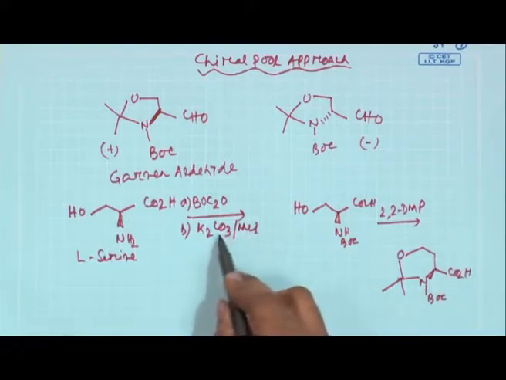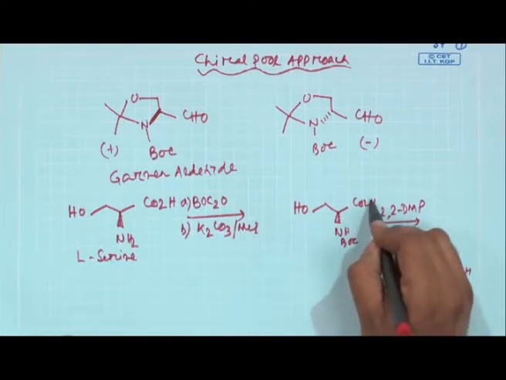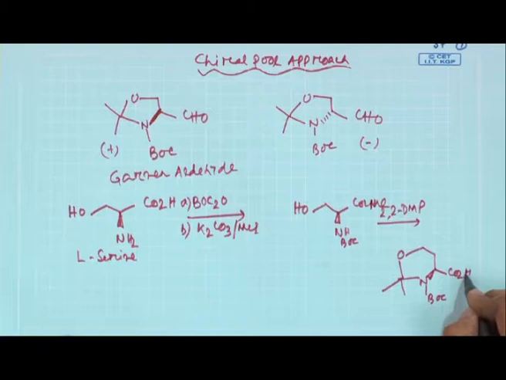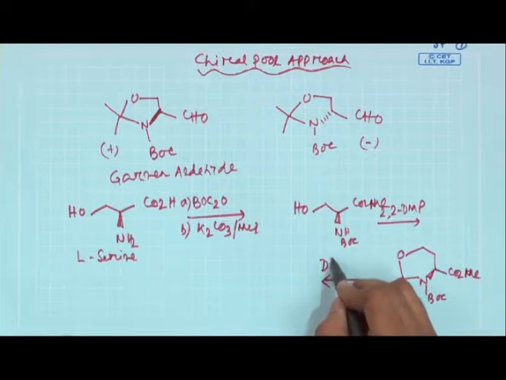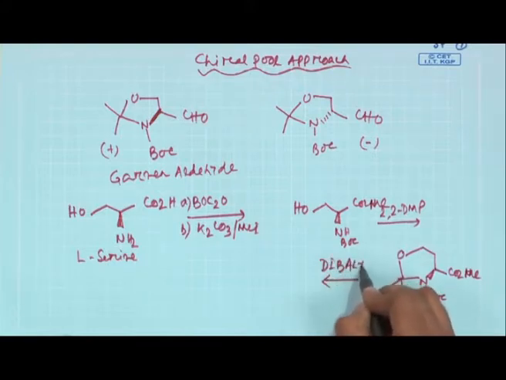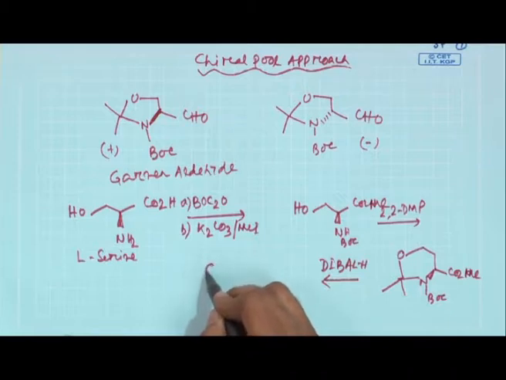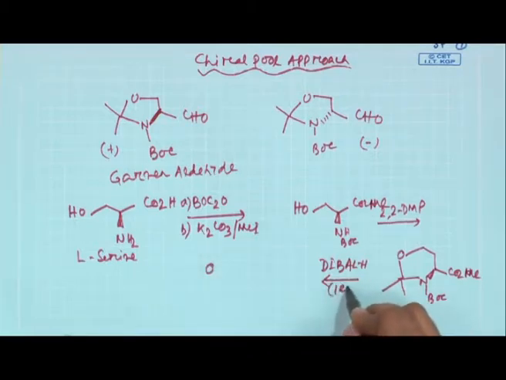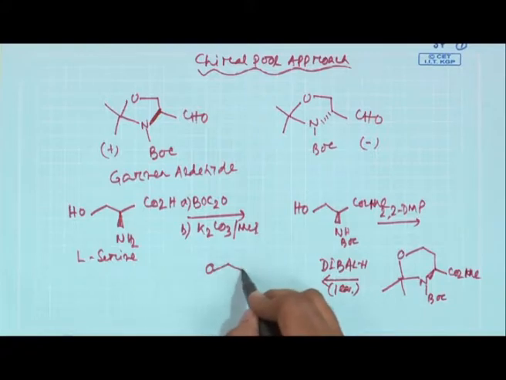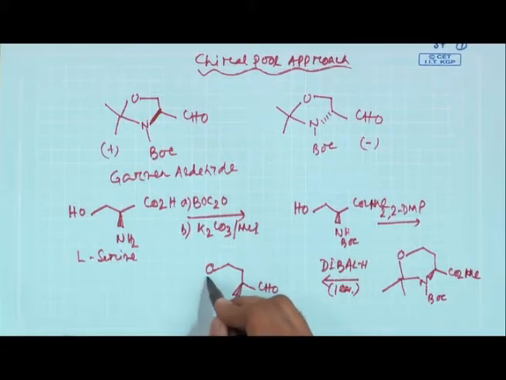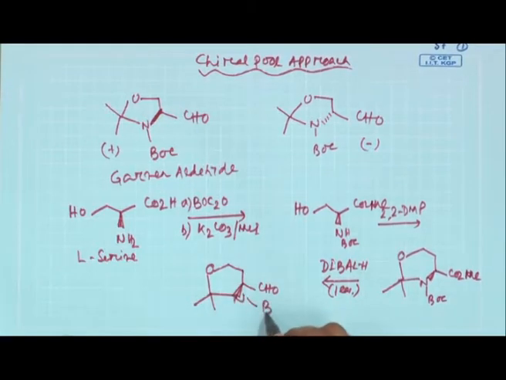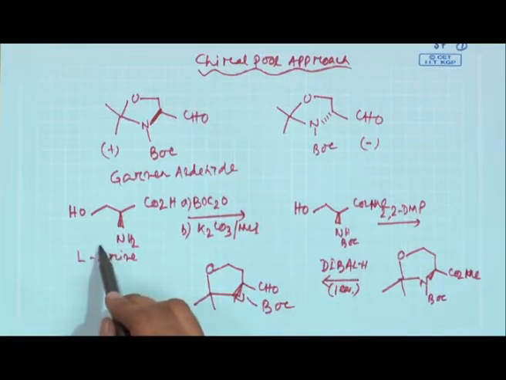Now, if you use potassium carbonate and methyl iodide here, it will convert this carboxylic acid to the carboxy methyl ester, this is also required. Now, the simple thing is you do a selective reduction with DIBAL, which can reduce the ester to its corresponding aldehyde, which is very well known in the literature. So, what exactly do you have now? You have one enantiomer of this Garner aldehyde, which can easily be prepared starting from L-serine.